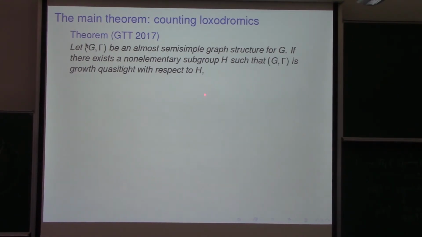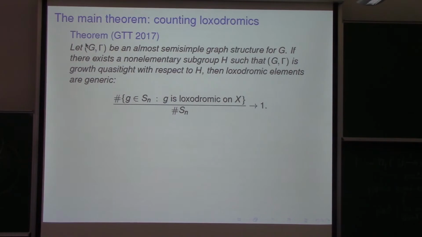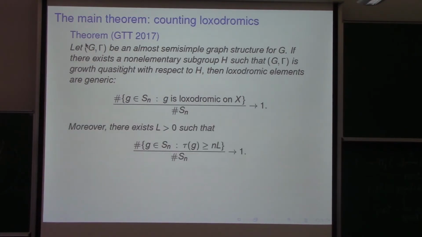So you don't even need that it surjects, but somehow the fact that it's non-elementary kind of saves the day. And once you have that loxodromic elements are generic, in fact we can prove even more. We can prove exactly what we did with just bar, actually, that the translation length of elements grows linearly. So basically, there's some L, depending on the action,